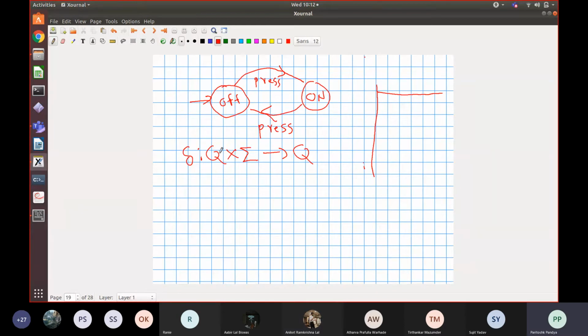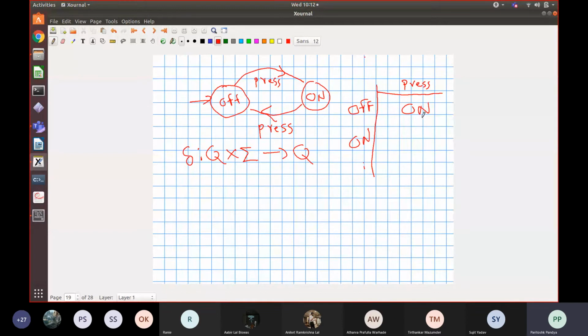Okay, so this transition function we can write as a kind of truth table of that function. On the top we write down the letters of the alphabet. In our case there is only one letter called press, right? If there were two letters A and B, we would have two columns A and B. So there's a column for every letter of the alphabet. The system can be in off state or it can be in on state, right? And we can write down from off state on press what is the state to which you go. So you go to on, right? So this is the result of applying function delta to the off state on press.